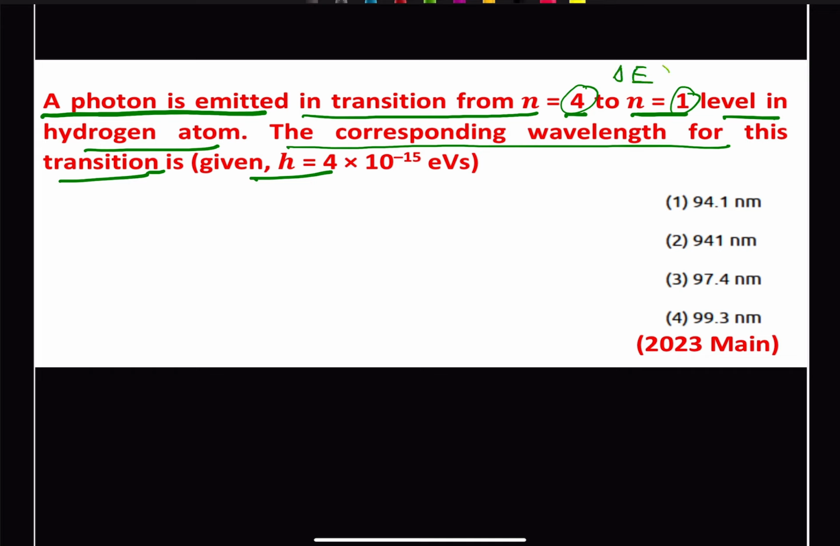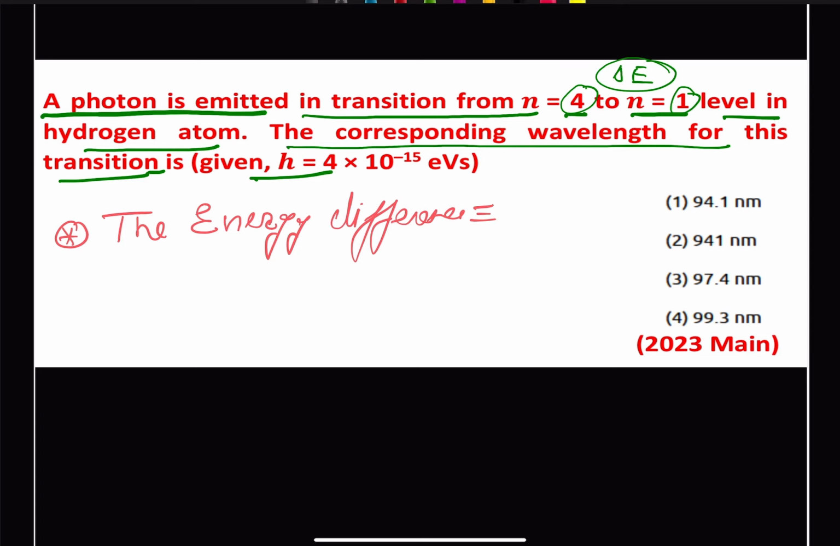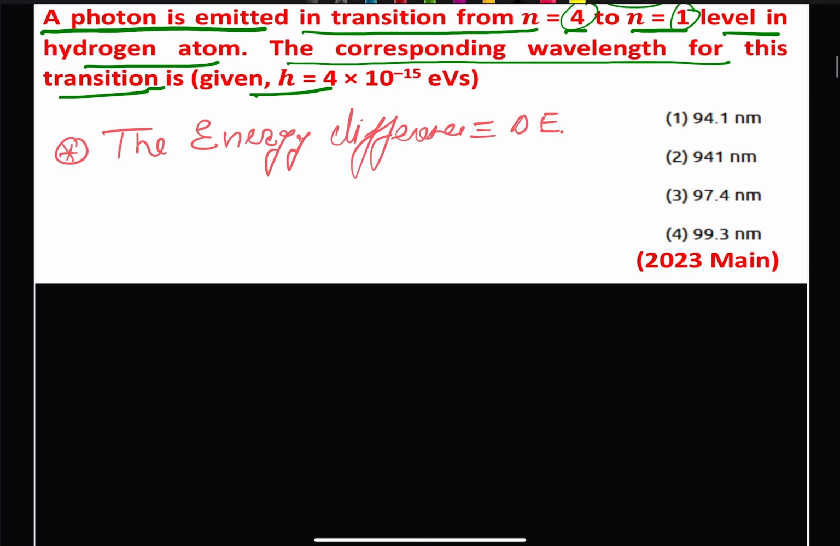So we can say the energy difference, that is our delta E, and we have transition from 4 to 1, therefore we can write our delta E will be equal to our E1 minus E4, and we also know that a relation for our nth level E of n is minus 13.6 upon n square. So therefore we can write this as